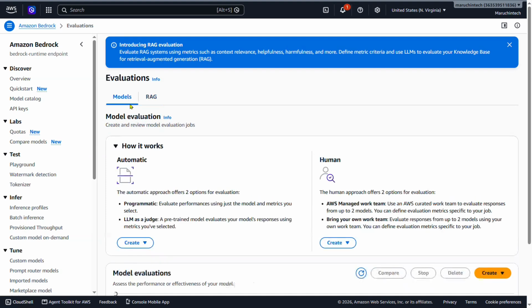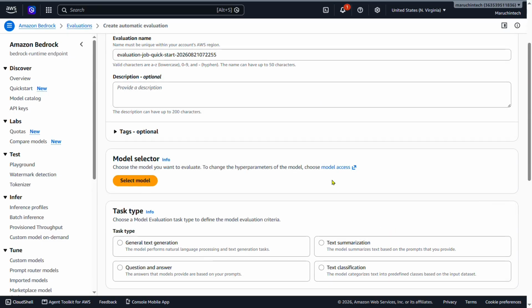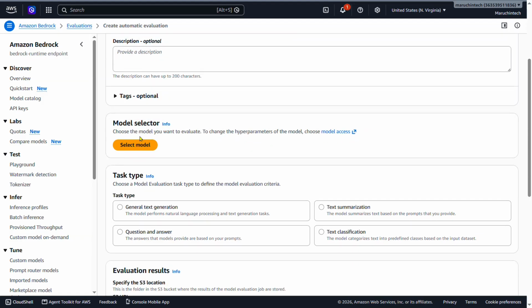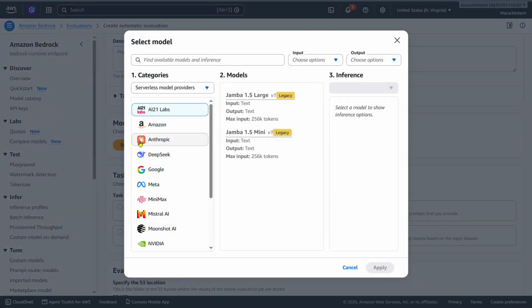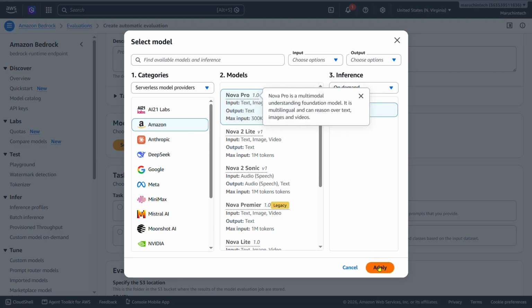So this time we will run two jobs under the model evaluation. The first is the automatic, programmatic evaluation. Open the automatic, programmatic option, and for the job name, I will use auto-evaluation-nova, and for the model selector, choose the model and select Amazon Nova Pro, and click on apply,